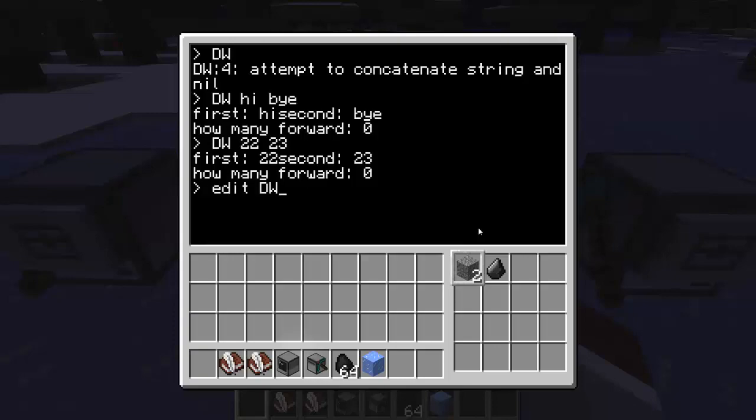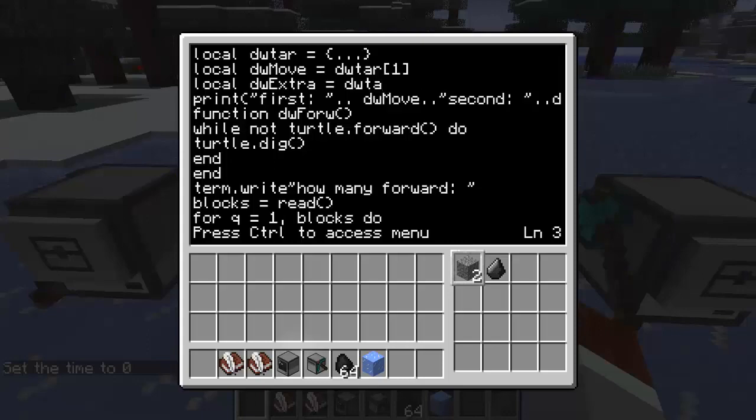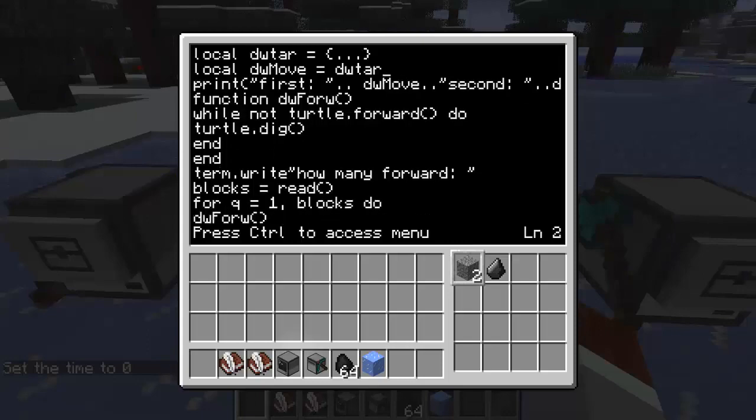Now, let's see here. Just to make this a bit more interesting. Now, that's a lot of typing out to do. If you're a bit lazy like me and you don't want to do that much typing, you can do it a different way, like this. If you get rid of this bit of code here,